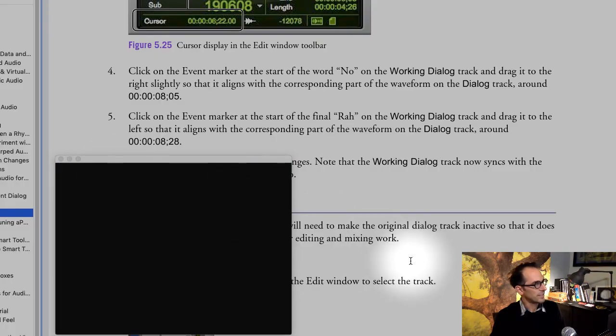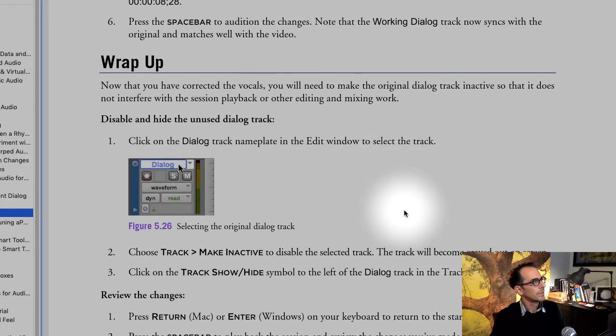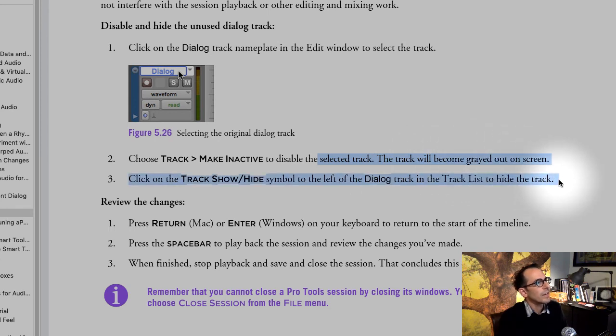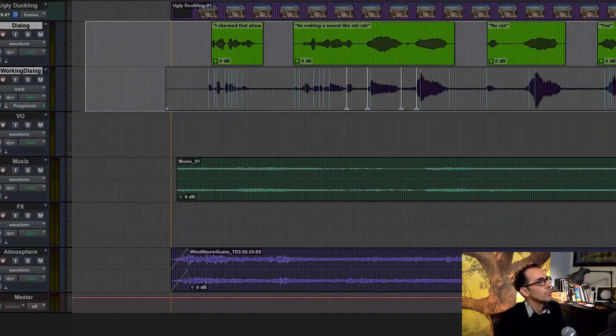So let's see what it says to do now. Disable and hide the unused dialogue track. Choose Track, Make Inactive to disable the selected track. It will now get grayed out on the screen. And then hide it. And then listen to it with just the working dialogue. Okay, so